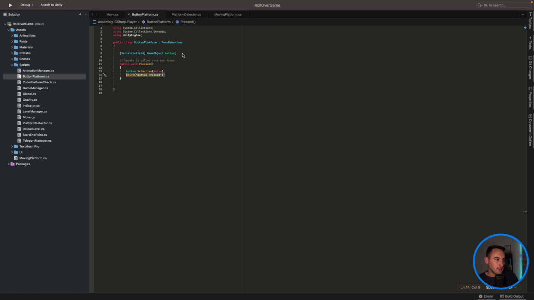So let's see. Actually, let's do this now quickly, because for now we'll do the serialized field. Actually, we can probably just do this forever, because I don't think we'll get to the point where we'll make our levels from text in the series. I think we'll just make a few levels as prefabs and then we can load them in like that. So because we'll make them ourselves manually, we can just drag and drop in the references to all the other scripts. So this needs to be a reference to our moving platform. So let's type in moving platform,